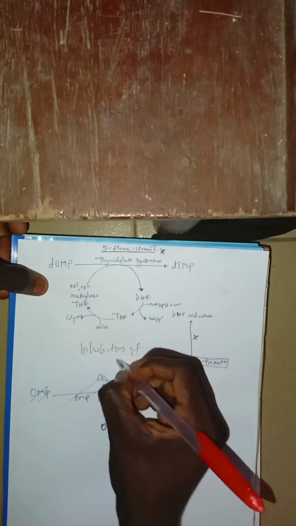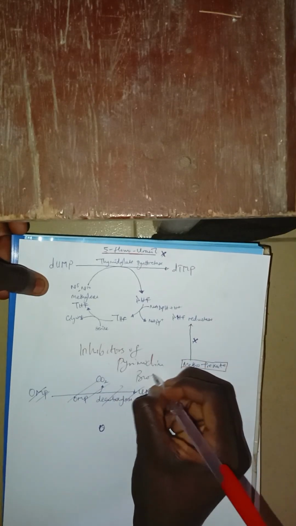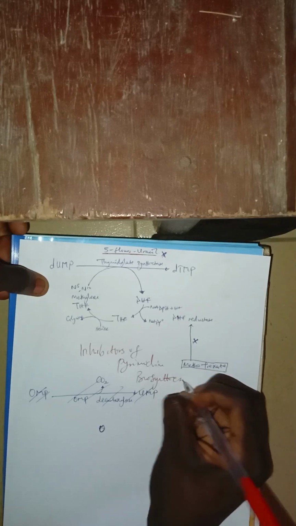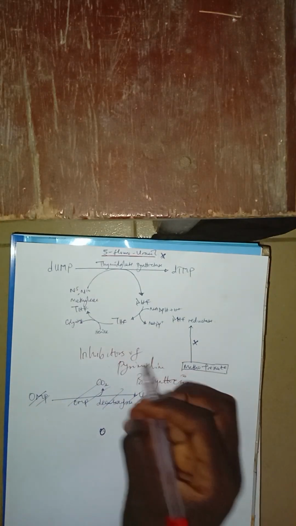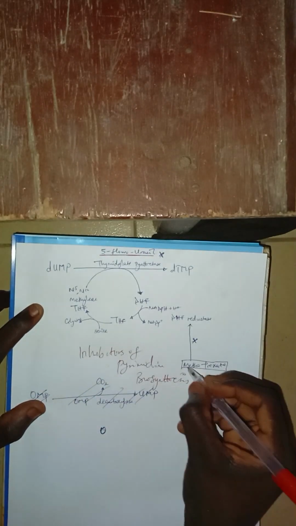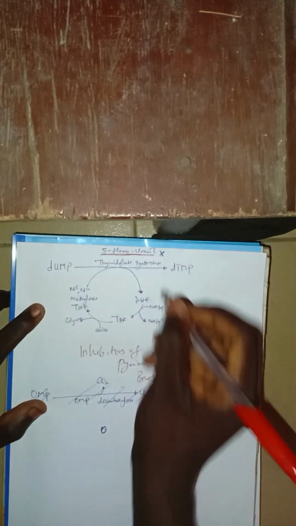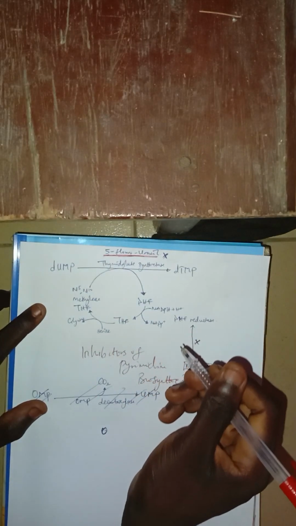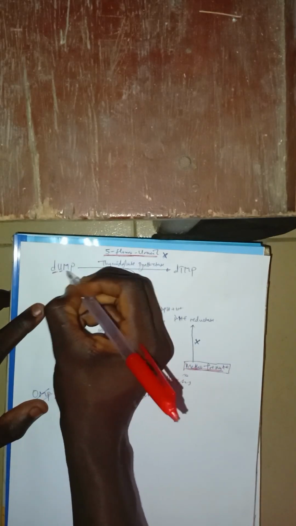So this entire thing we're trying to talk about here is the inhibitors of pyrimidine biosynthesis. Do you understand? The inhibitors of what? Pyrimidine biosynthesis. Now, there are two I have outlined here, methotrexate and what? 5-fluorouracil. Now, you will remember during the biosynthesis of pyrimidine that the time comes whereby we convert the deoxyuridine monophosphate,